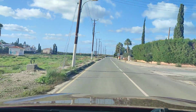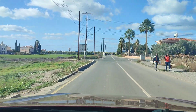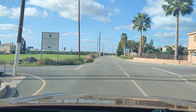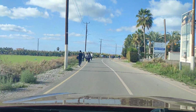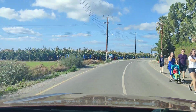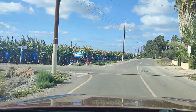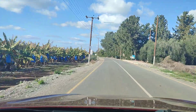Now, you may have noticed there's quite a lot of people wandering around, and that's because it's Boxing Day, and of course they are burning off those calories that perhaps they consumed yesterday. See, there's even a girl running. See, she's getting a bit of a sprint on, and they're sprinting towards Coral Bay. We're heading out towards Sea Caves, and I know that Sea Caves has got a special place in a lot